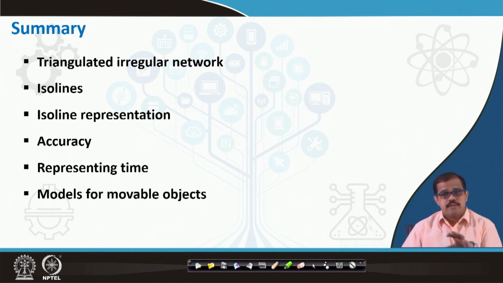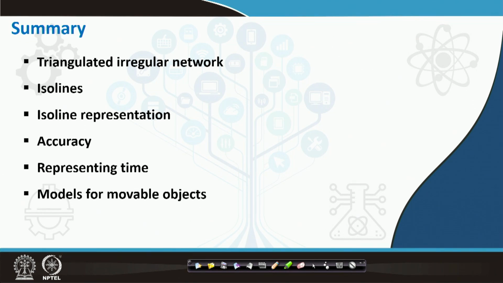Then we looked at how we represent time. Time becomes a very integral part when you are looking at certain aspects involved in representing any network. Then we looked at models for movable objects, which are models based on networks. We also looked at how a network with only topological information cannot model real-world phenomena like surface flow, but if we include terrain, the geometry with the gridded values, then it can even model the movable objects which are on the surface.